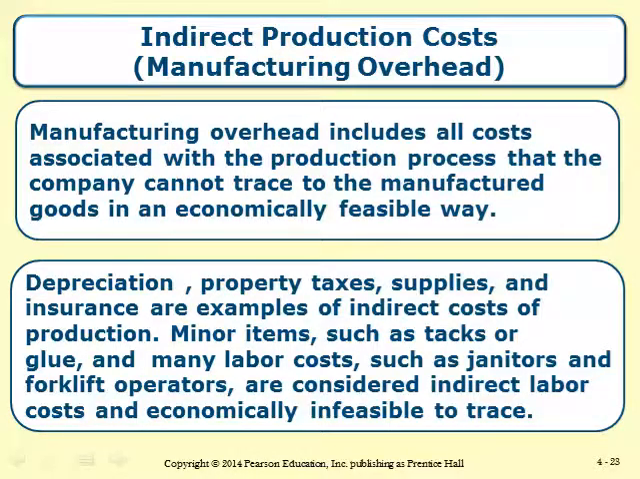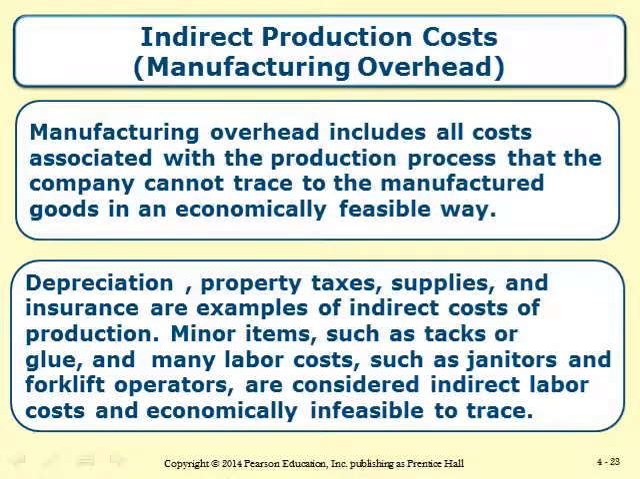Manufacturing overhead includes all costs associated with the production process that the company cannot trace to the manufactured goods in an economically feasible way. Examples of these indirect production costs are power, supplies, supervisory salaries, property taxes, rent, insurance, and depreciation. Supplies or indirect materials are also part of indirect production costs. Supplies are materials used in the manufacturing process that do not become part of the product, such as sandpaper or cleaning materials. Minor items such as tacks or glue are also often treated as indirect materials, even though they become part of the manufactured product,